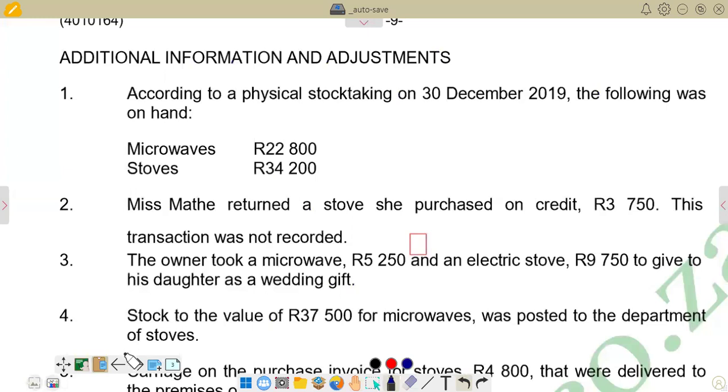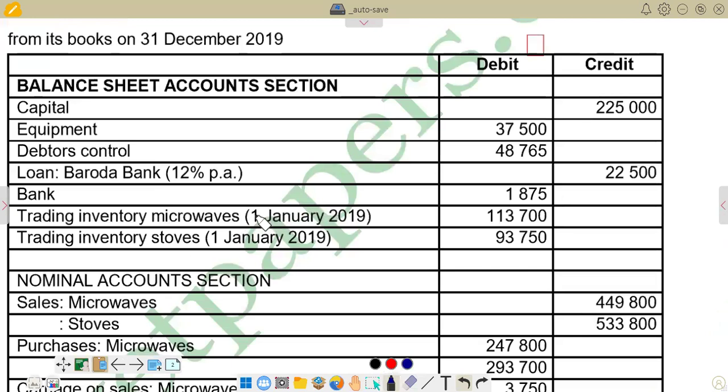If you come to the trial balance, you'll see that in the nominal account section, we are given microwaves as 449,800 and then stoves as 533,800. But before we enter those figures, we are just going to see the adjustments that we have in terms of sales, and then we can adjust for that. Remember, we are going to add the sales for microwaves plus the sales for stoves to get the total sales. So if you go down the question,